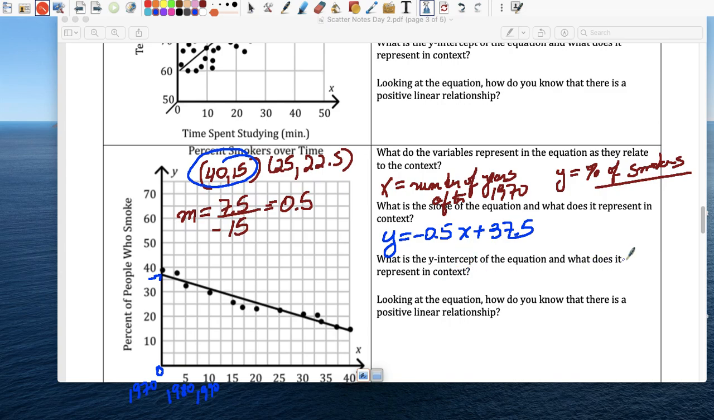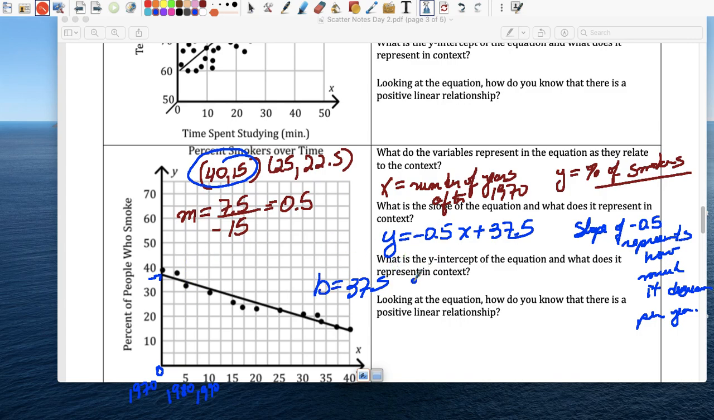What is the y-intercept? What is the slope? Well, the slope says that the percent of people who smoke decreases by 0.5%. So the slope of negative 0.5 represents how much it decreases per year. The y-intercept, 37.5, the y-intercept b, represents the percent of smokers in